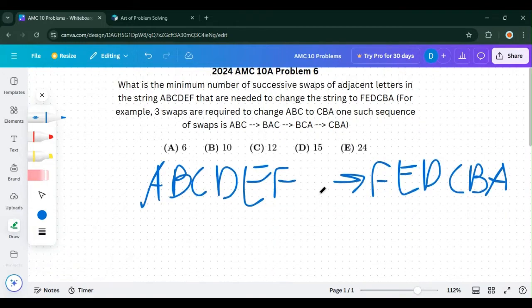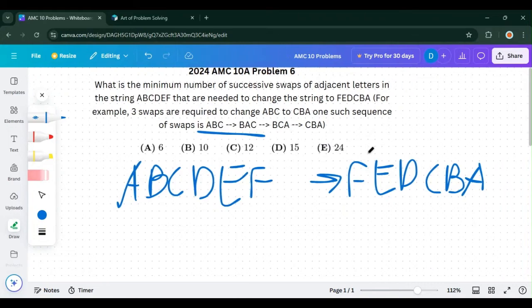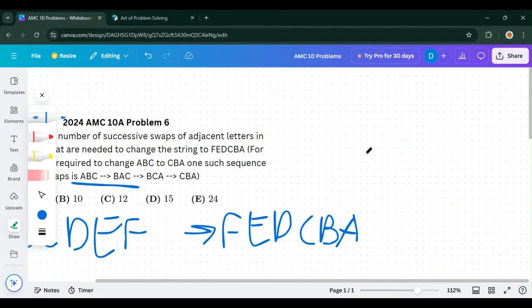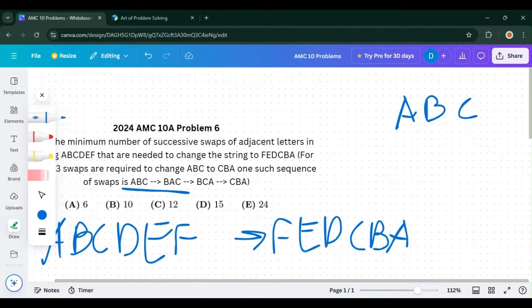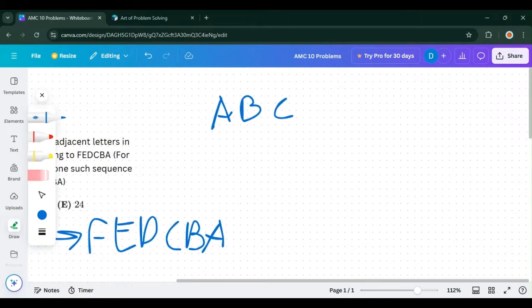And as you see here, that kind of helps us. We have an example as well. They give you an example, ABC to CBA, 3 swaps required. And in this example, we actually see a really helpful strategy. So we have ABC, and it's saying that it takes 3 swaps to change it to